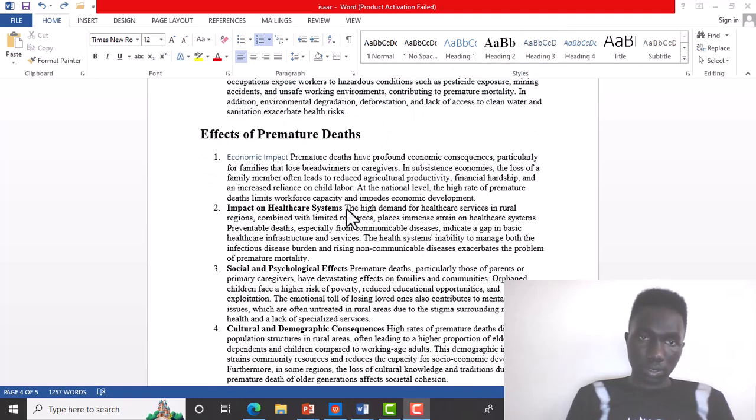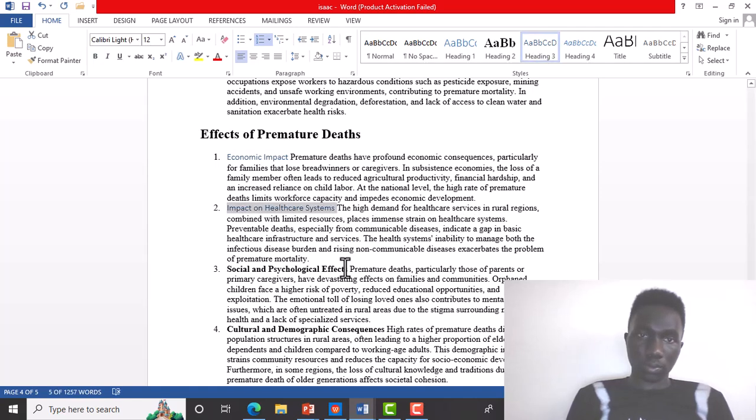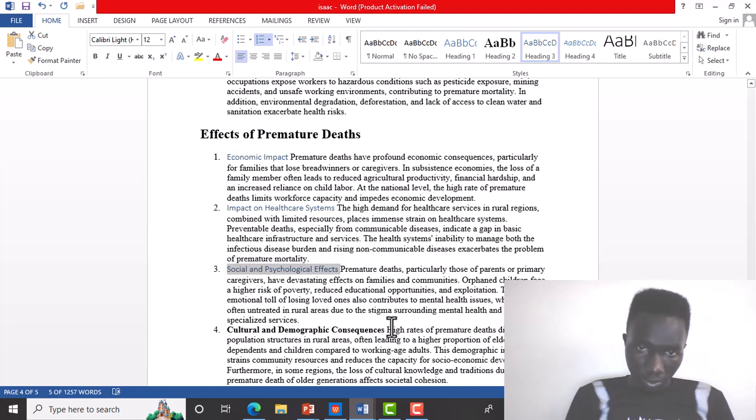As I was saying, we are going to highlight this, put it into 3. Then we have to highlight this as well and put it into 3. Then we are to highlight this as well, put it into 3, and finally